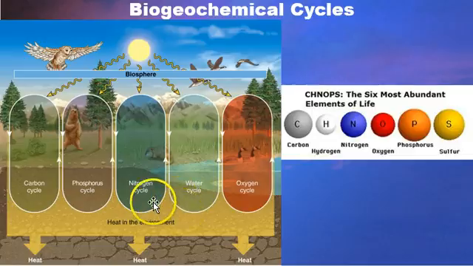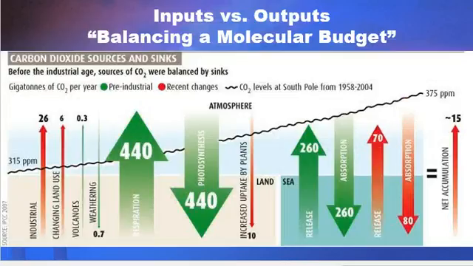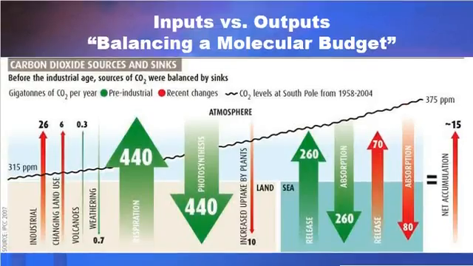Then we'll have a nitrogen cycle, the phosphorus cycle, and the sulfur cycle. And we're going to go through all of these in the coming weeks. So when we talk about cycles, they are basically systems. So just like any other system, they're going to have inputs and they're going to have outputs. So we're going to have molecules that are being added to the system and molecules that are leaving or going to a different part of the system, in other words.